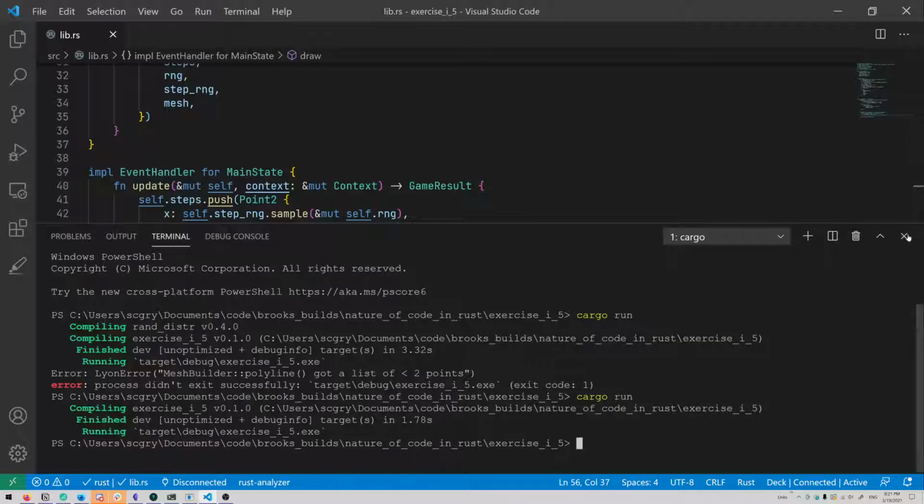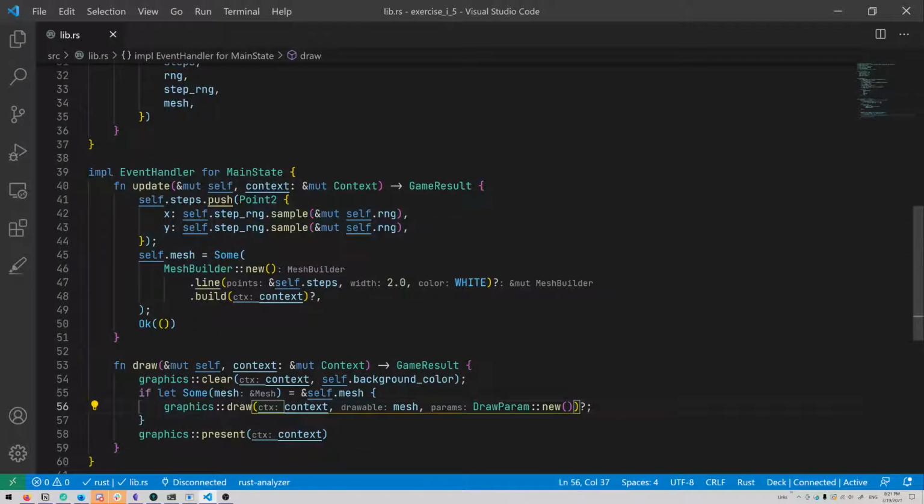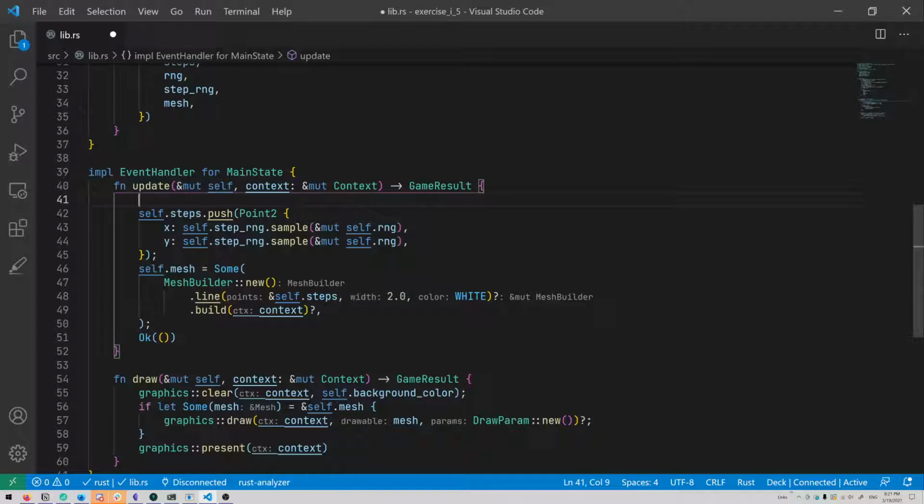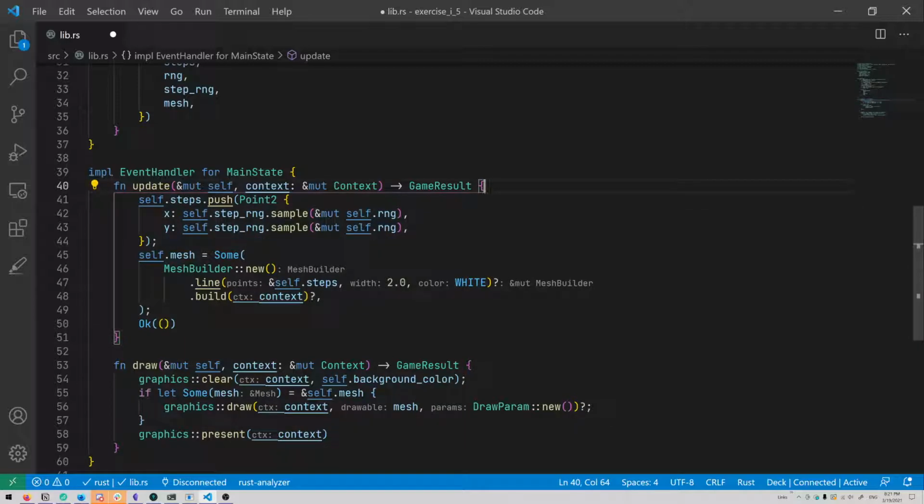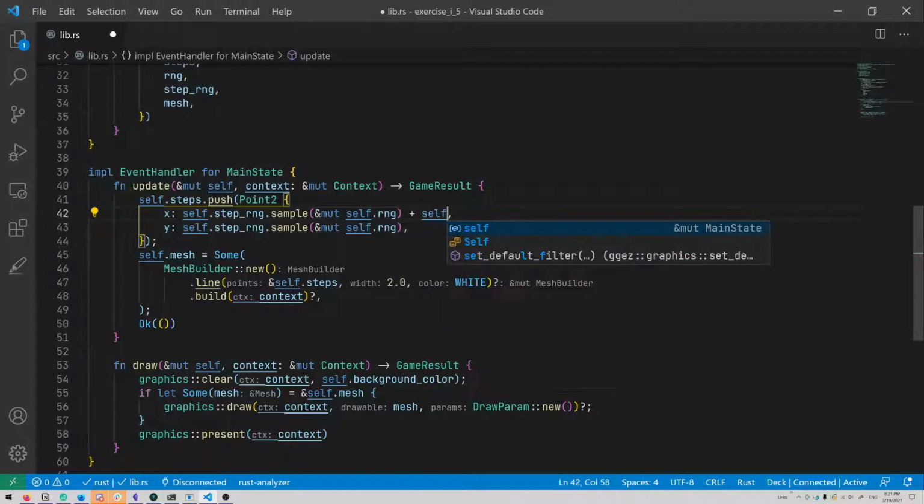Well, I think what's happening here is in our update loop, we're just getting this random sample. But we really want to probably add this onto the very last one, the last point. And then that's where it's going to go. So let's do this in two steps. What we want to do is take our random number that we grab here and add it to the last x. So we need, let's see, self.steps